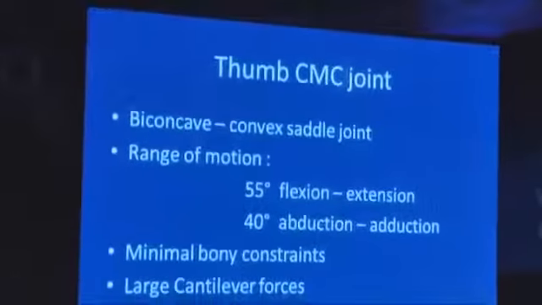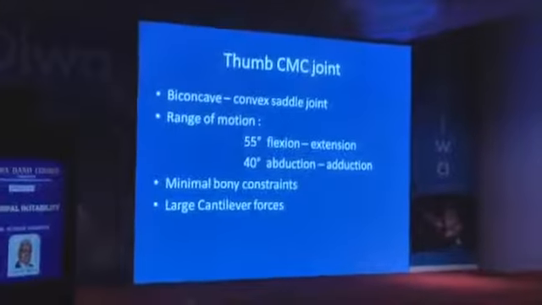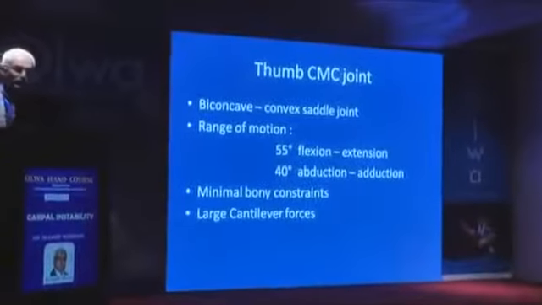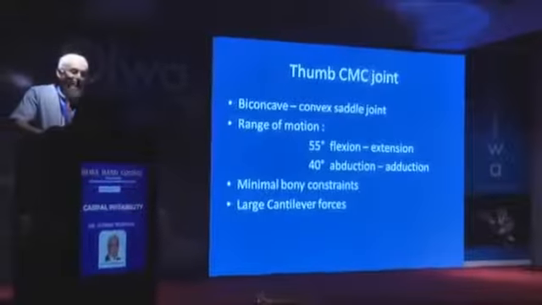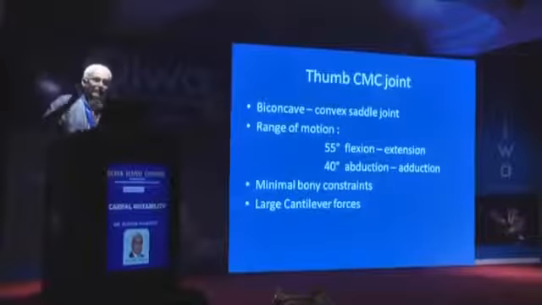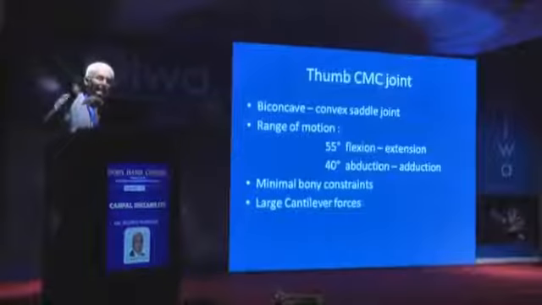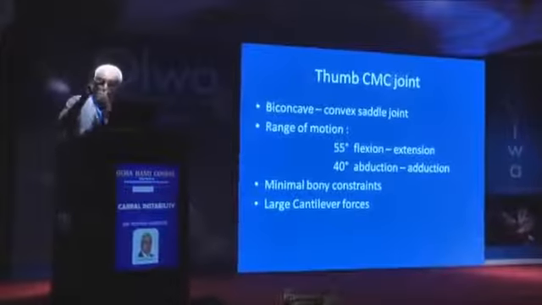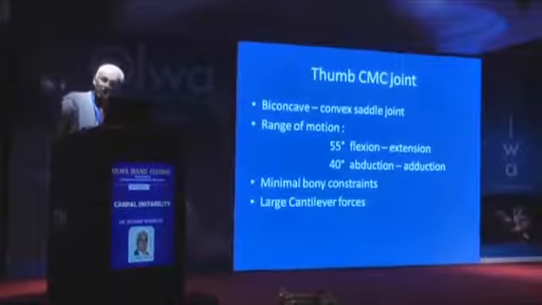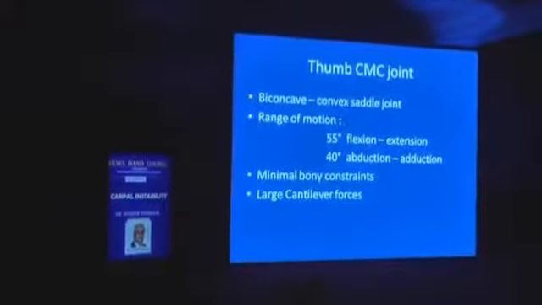Injury that all of us deal with. Quickly, if we can just understand why it's such an important joint, forget the biconcave and convex saddle and all that, it matters very little, those shapes and sizes, but it has a big range of movement and it forms the base of the thumb, which has to rotate all around for you to get normal function.